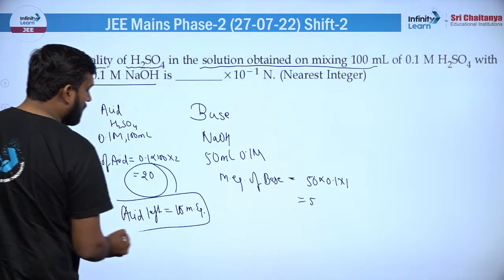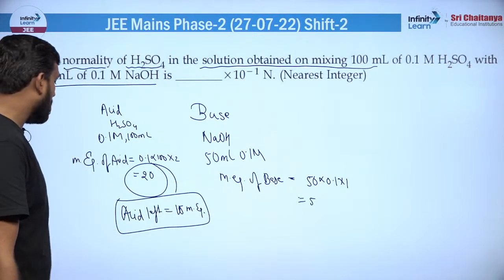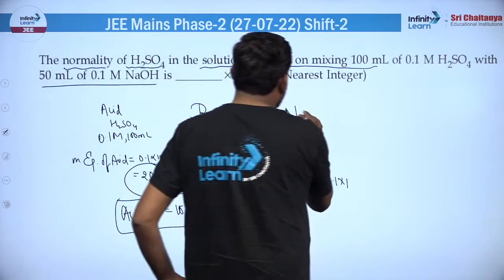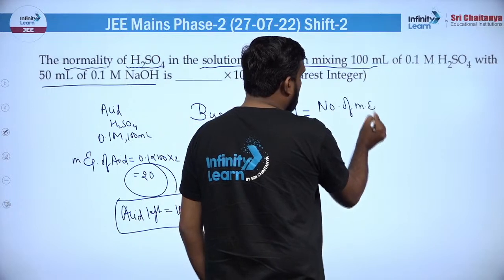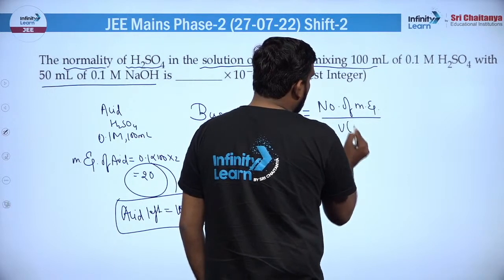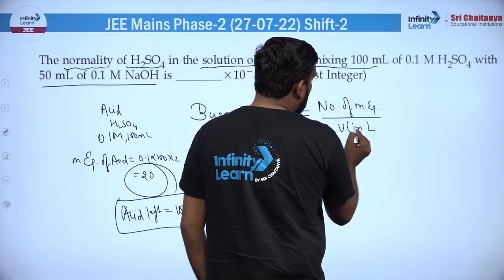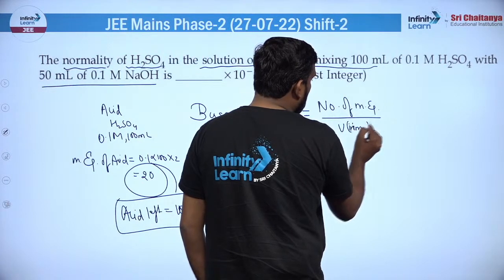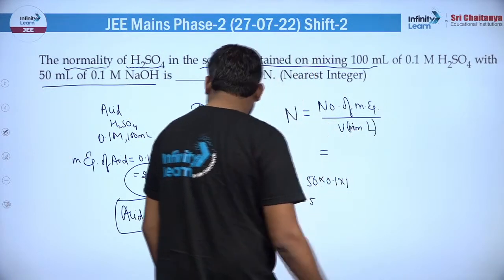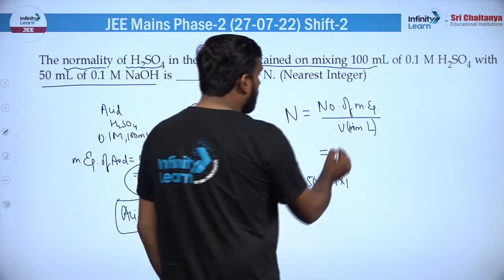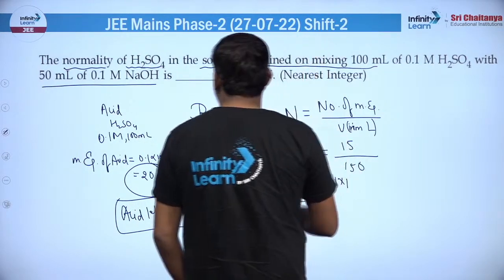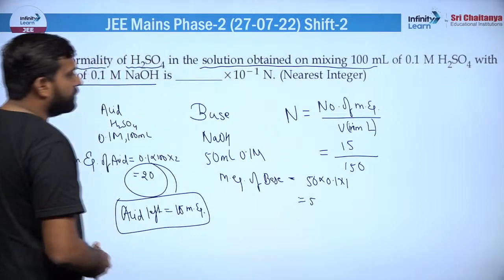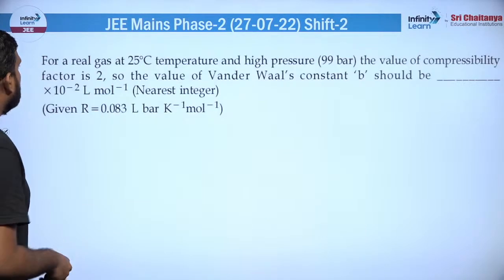15 मिली इक्वलेंट आ गया। अब आपको क्या निकालना है, नॉर्मेलिटी निकालनी है। तो नॉर्मेलिटी के लिए कोई बड़ी चीज़ तो है नहीं, नॉर्मेलिटी क्या होता है, नंबर ऑफ मिली इक्वलेंट अपॉन वॉल्यूम इन मिलीलीटर। ठीक है, तो नंबर ऑफ मिली इक्वलेंट्स 15 है, और वॉल्यूम जो क्वेश्चन में गिवन है वो 150 ml है। तो सॉल्व कर लो, आंसर आ जाएगा, 1 आएगा इसका आंसर। ठीक है, आगे बढ़ते हैं नेक्स्ट क्वेश्चन।